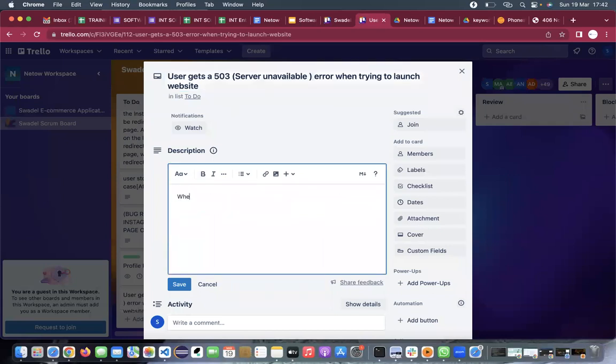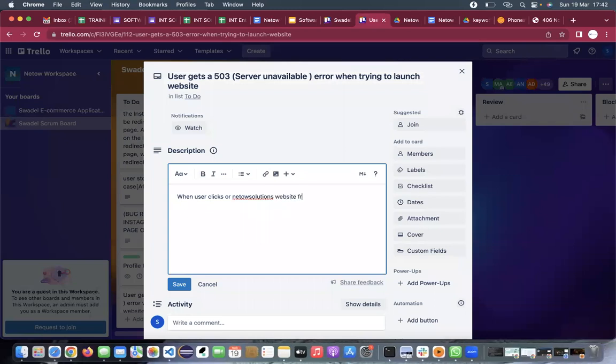So now say when a user launches or clicks on Hello on Neto Solutions websites from Google search, the user is directed to a blank page displaying a 503 error message. So now with this description that I did,